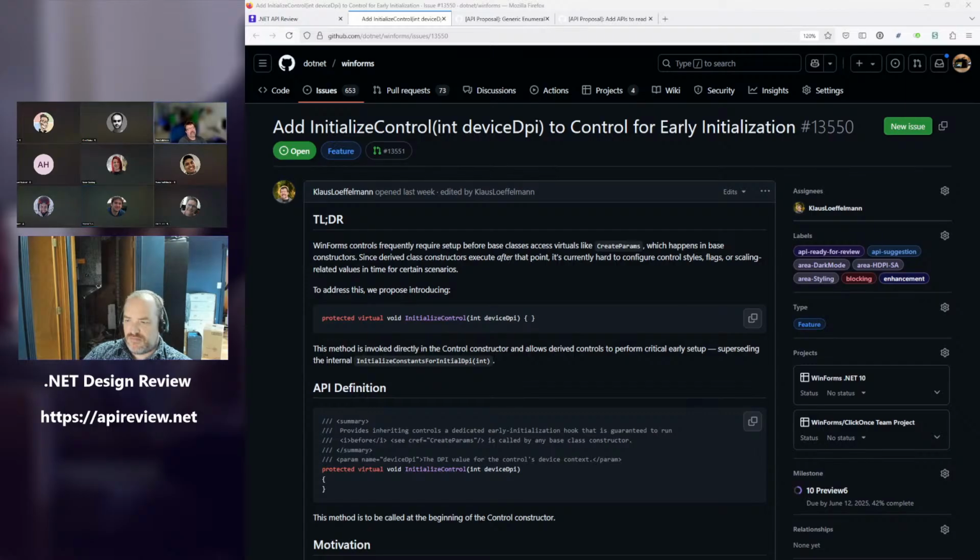So for once, there is CreateParams, that is a property, a virtual method that gets called more or less first from the constructor of Control. And it being a property that gets overridden is kind of awkward to set up initializations. And also I have a big issue with discoverability, that I have to tell customers, hey, if you want to set up the things for CreateParams, you have to override CreateParams before you call the base method, the base property practically, and then you are calling, like, CreateParams the base property. So for the